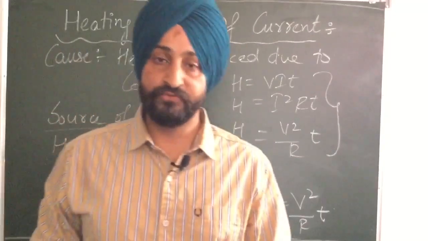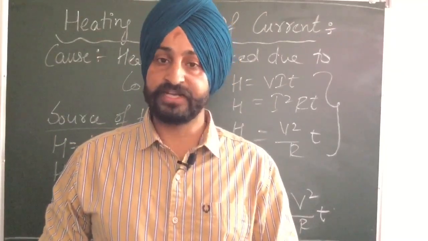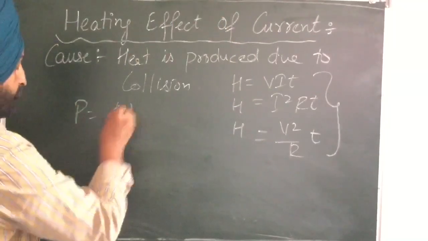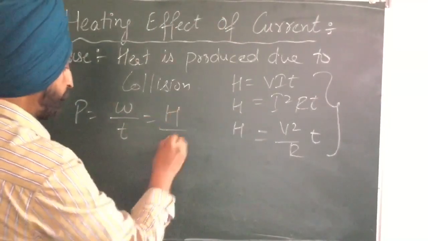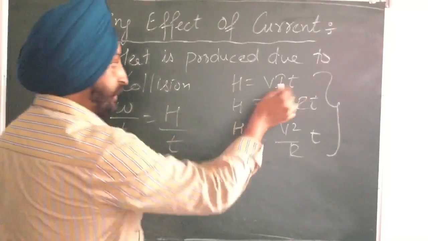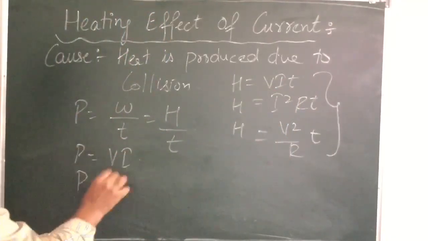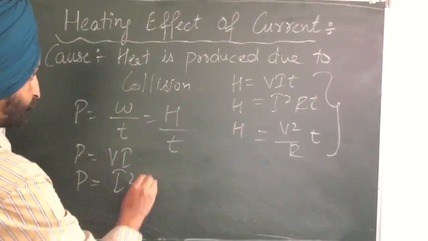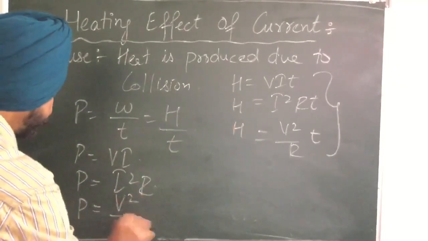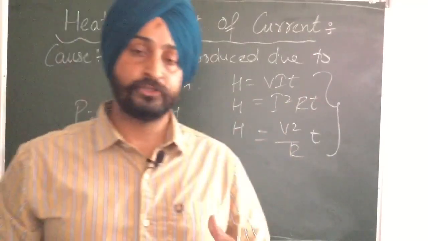Apart from that, if we have got heat in the circuit, we can also calculate power, because what is power? Power is work done per unit time. As we know, power is work done per unit time. Work, we are writing it equal to heat. So our power would be equal to, dividing this equation by T, V into I. Similarly, you can write it equal to I square R. Similarly, power can be written equal to V square by R, cancelling T in all the equations. So in this way you can also calculate power.